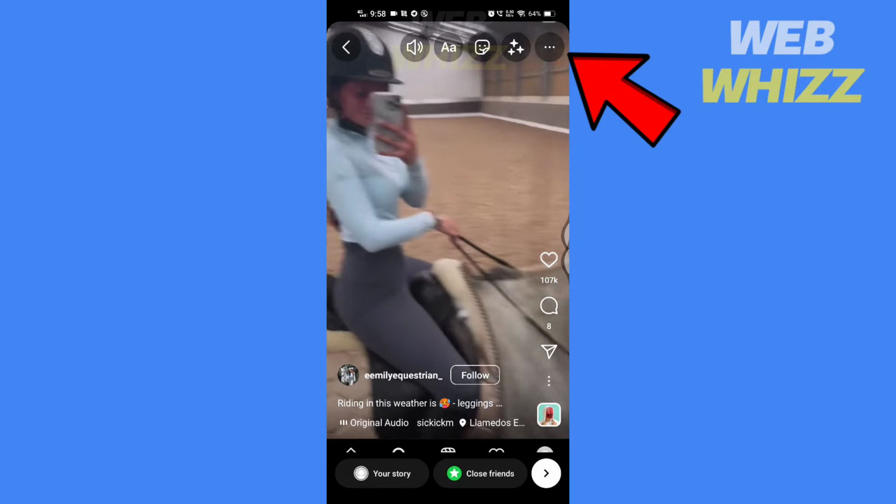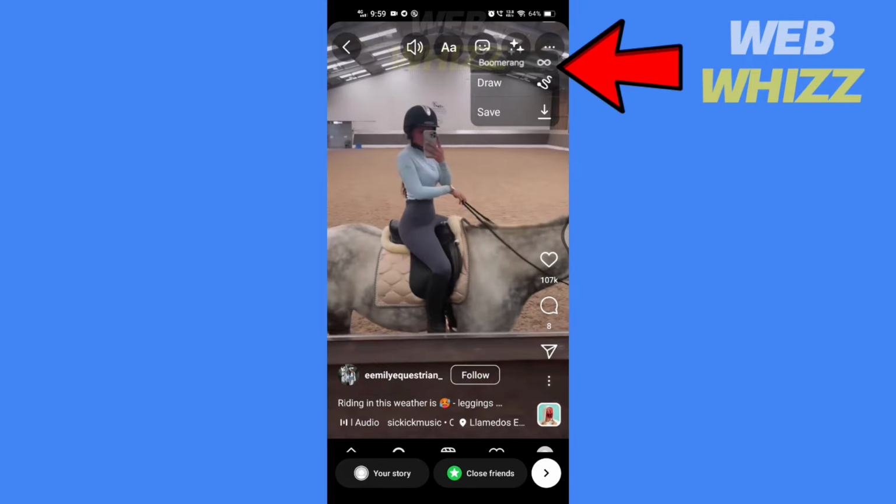Tap on these three dots. If you see the boomerang option here, then you can make a boomerang of the video. But if you don't see the boomerang option here, that means you have one of the latest versions of the Instagram app and Instagram has removed the boomerang feature in its latest updates, or the boomerang feature is not available